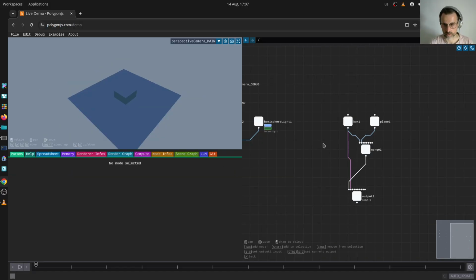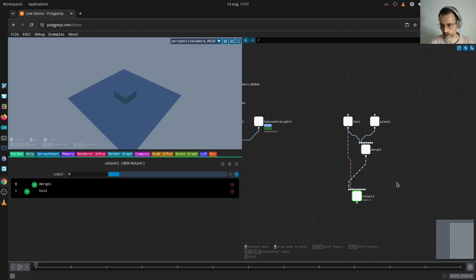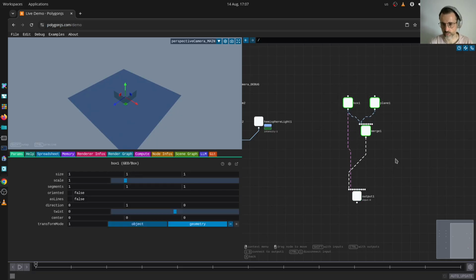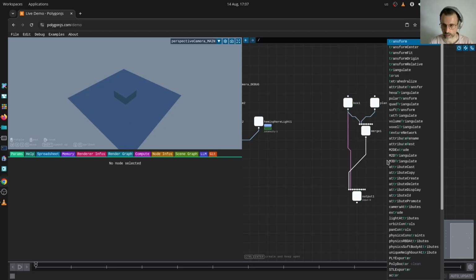Now what you can do as well when you have multiple nodes in the output node is not just having to select the node and change the input index. That is not the most convenient thing. You have a shortcut for that. So if I was to say I want to compare two different scenes,